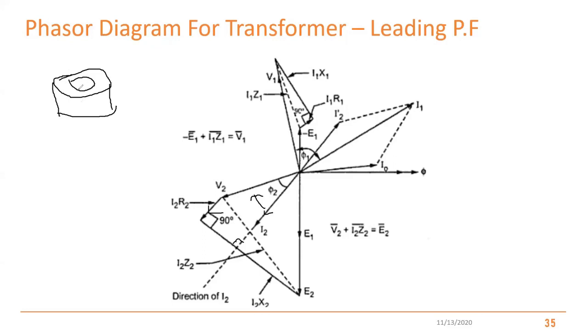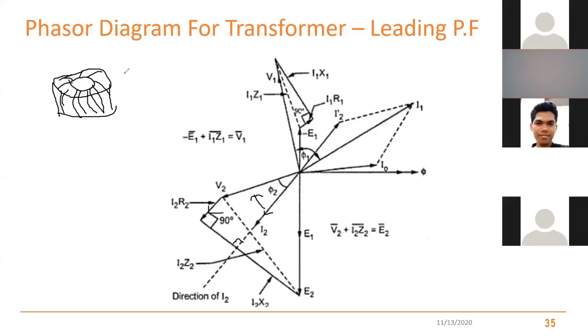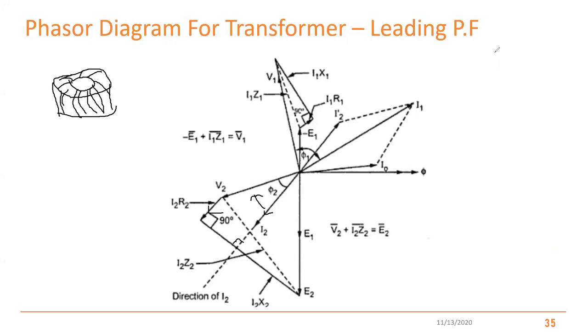So when you wind the windings like this, if you wind a coil around like this, we call it a toroid. The shape is like a donut, which we call a torus. Nowadays some power transformers are built with the windings wound around such a torus-shaped core.